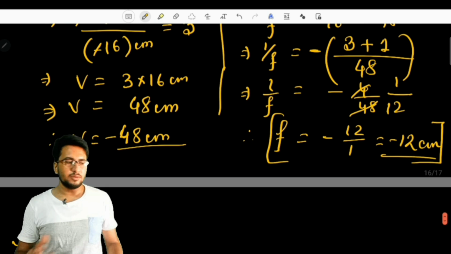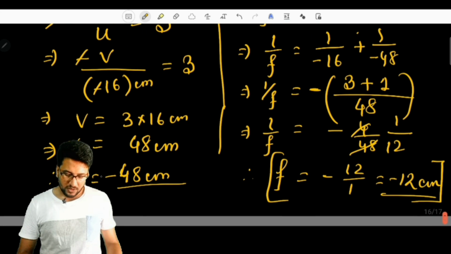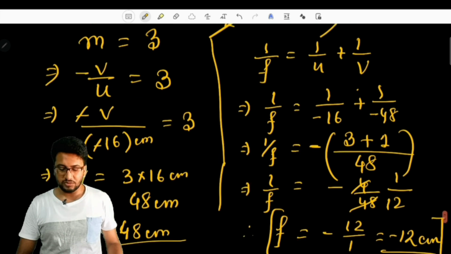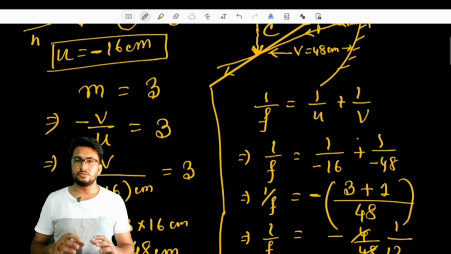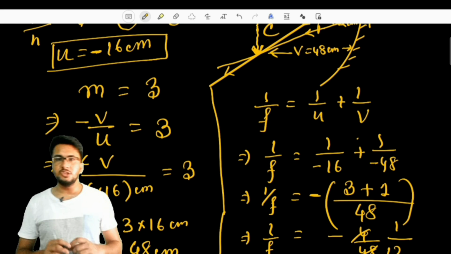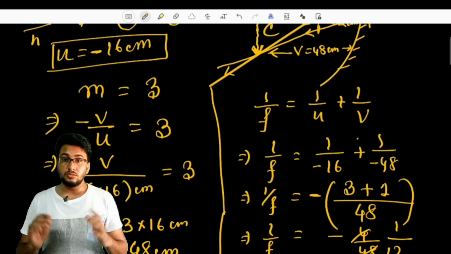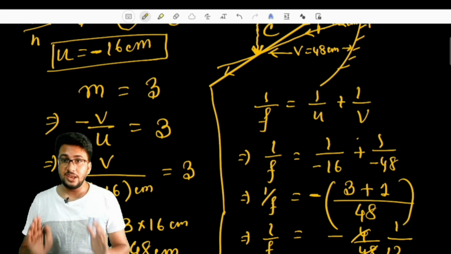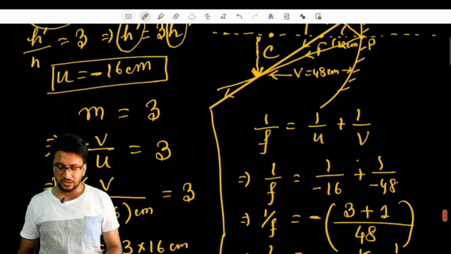But to find the focal length of the mirror, what did we do? We had to find V firstly from the formula of magnification. So by using both the formulas of mirrors, that is 1 by V plus 1 by U is equal to 1 by F, and M is equal to H dash by H, or M is equal to minus V by U. And by maintaining the sign conventions very suitably, we need to follow the numericals in such a manner, okay.